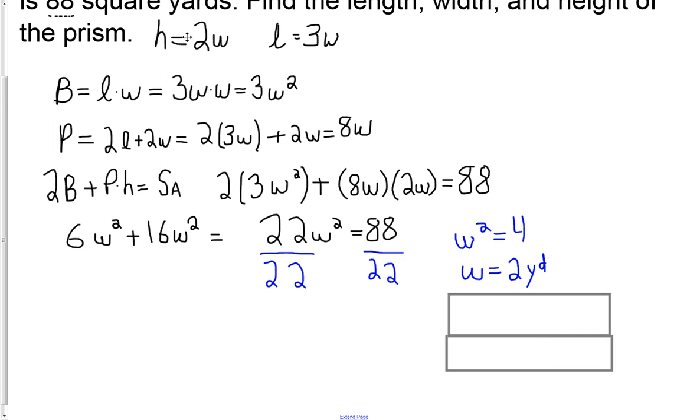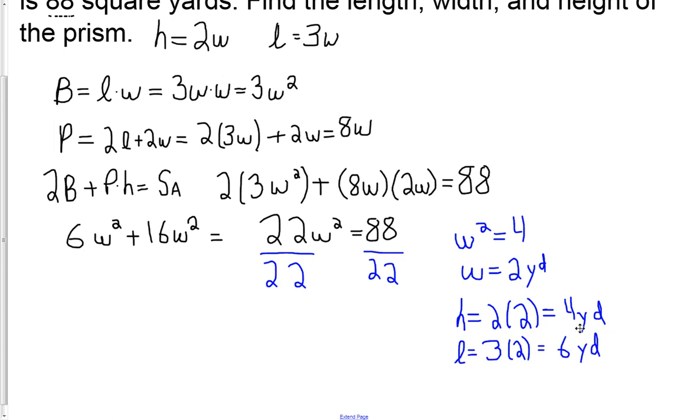Next, fill it in. Height is 2 times that 2. Height is 4. Length is 3 times the 2. Length is 6. And adding our label of